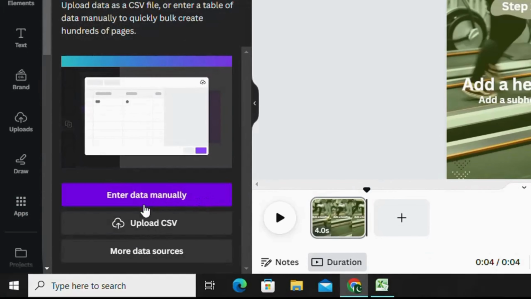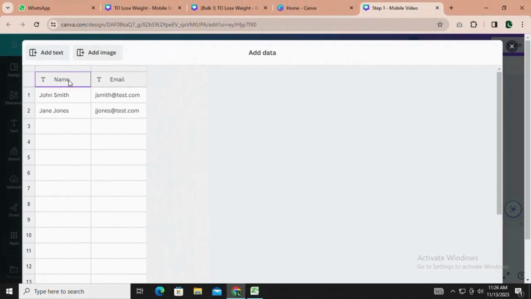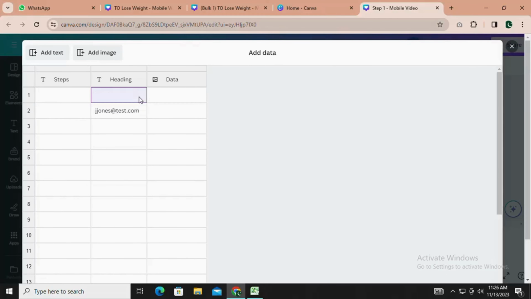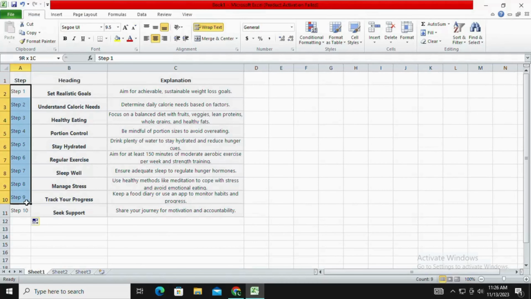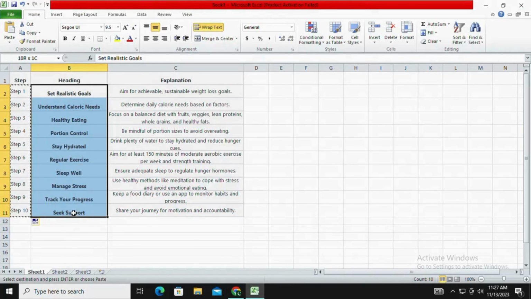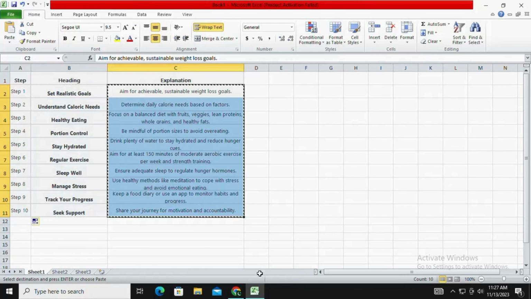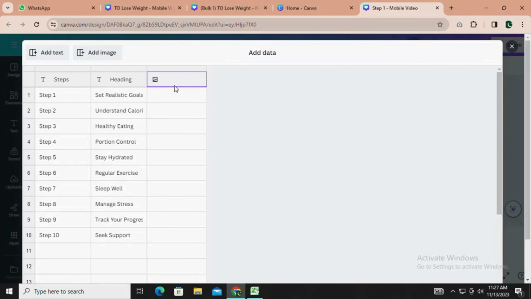Now enter data manually. Add the heading only and clear the dummy data. Now copy the data and paste it in the table. Once you have done pasting,